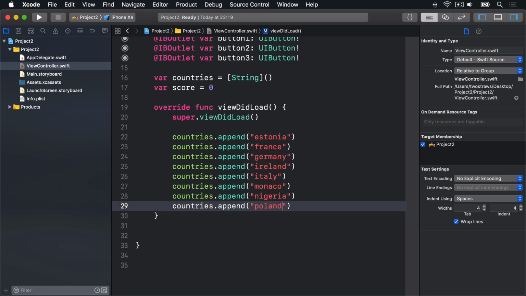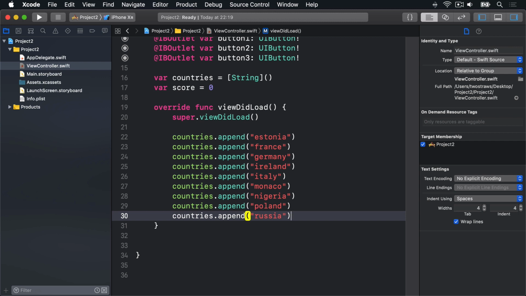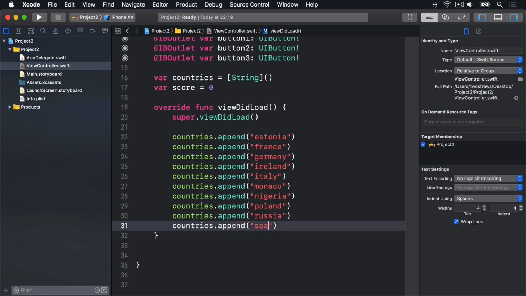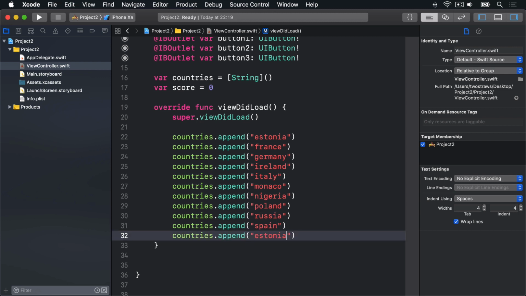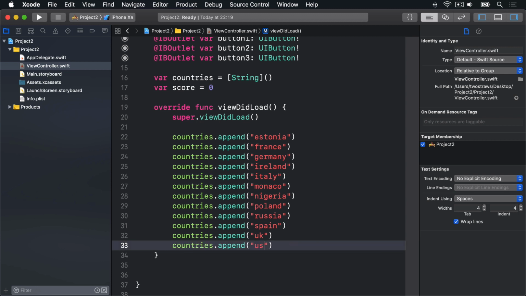Then Poland, Russia, then Spain, and finally US and UK. Alphabetically, it should be UK, US. There we go. UK, US. And that's fine. This is identical to the code you saw in Project 1, so there's nothing really to learn here. If you recall your Swift introduction though, you know there's a more efficient way of doing this, which is